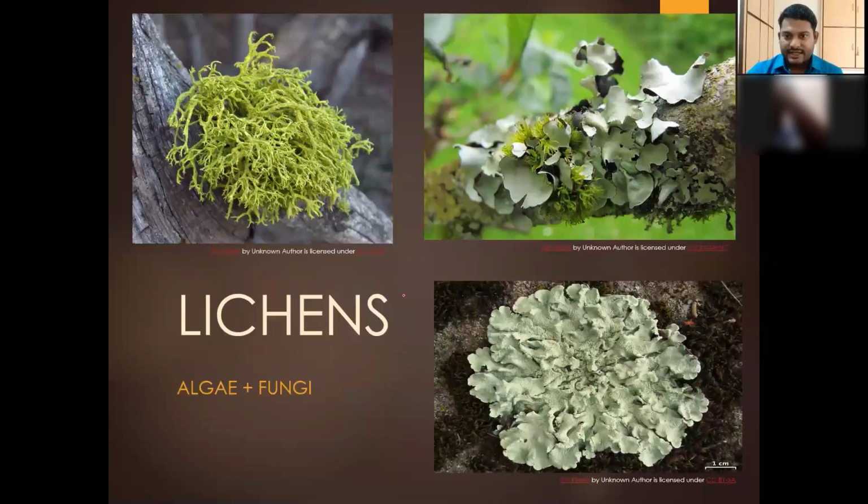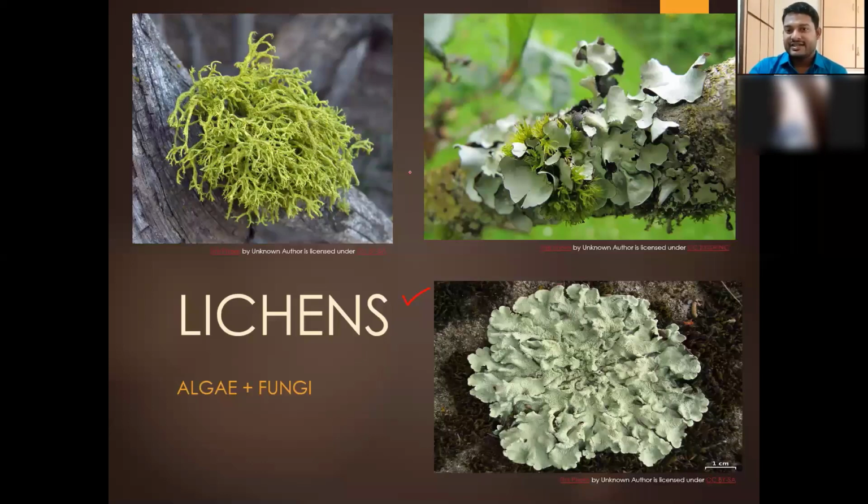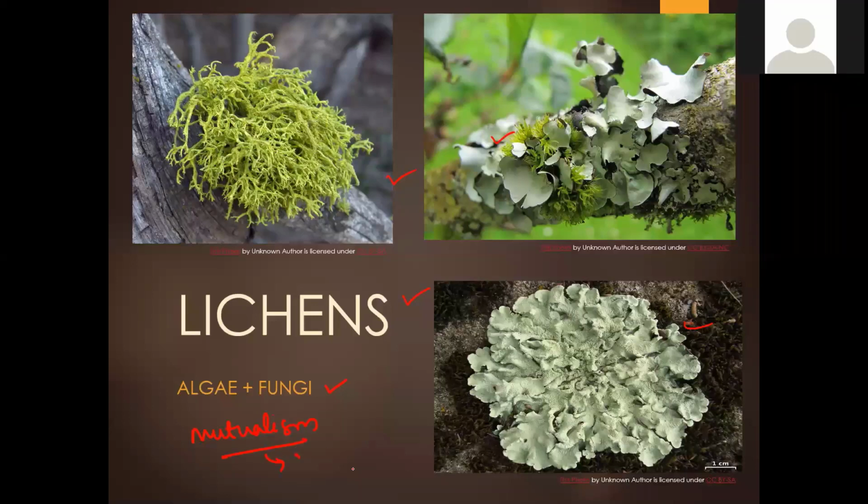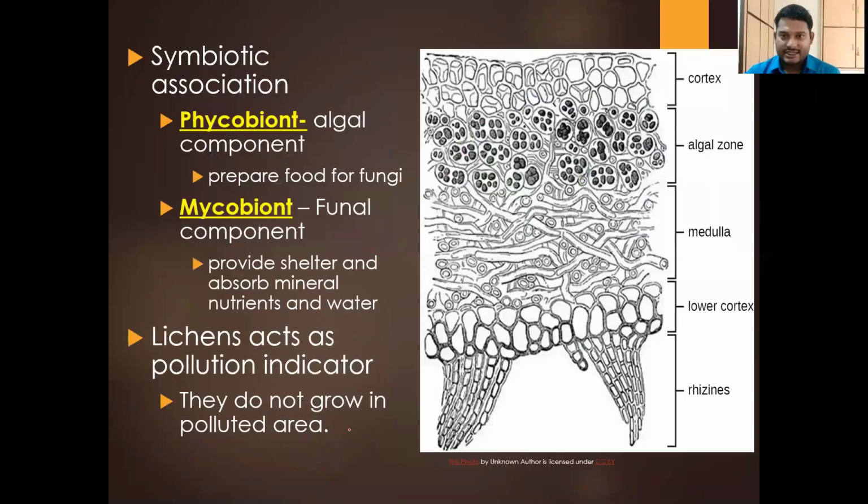Now, the last one we're coming to is going to be about the lichens. We have already learned about this in the previous case. Again, we're going to continue. So here you can see three different types of lichens. Lichens are beautiful in nature, and there are different types also, but all of them consist of algae and fungi. There are only two, algae and fungi, and this is a mutualism. Why do I say mutualism? Because here both algae and fungi benefit, and that's why the term mutualism, or mutualistic interaction. So here we say this is a symbiotic association.